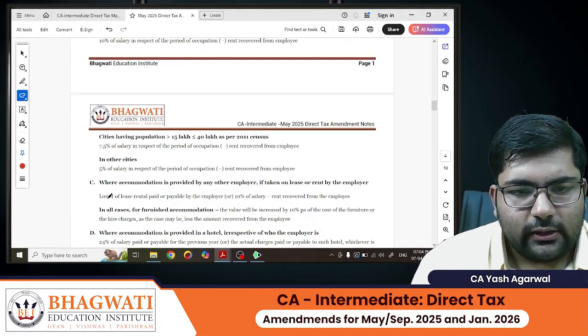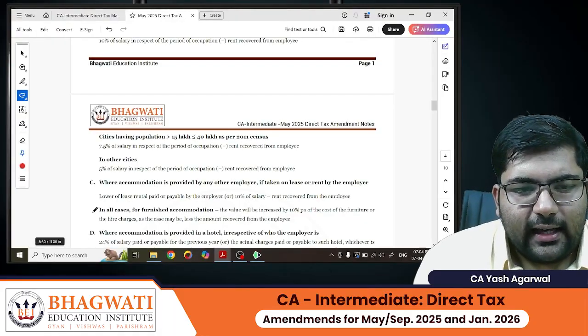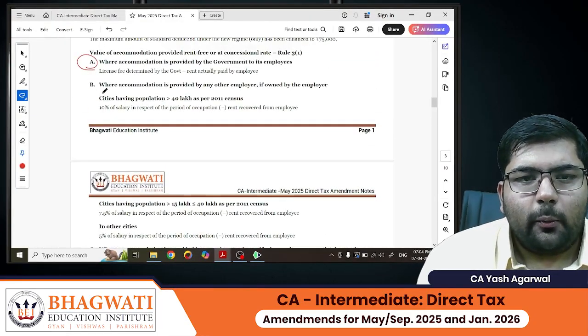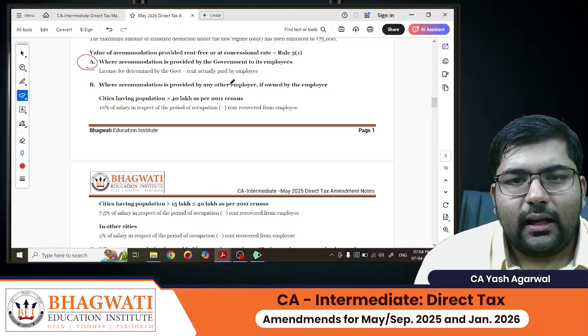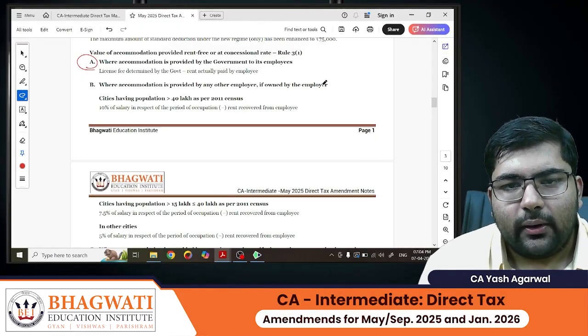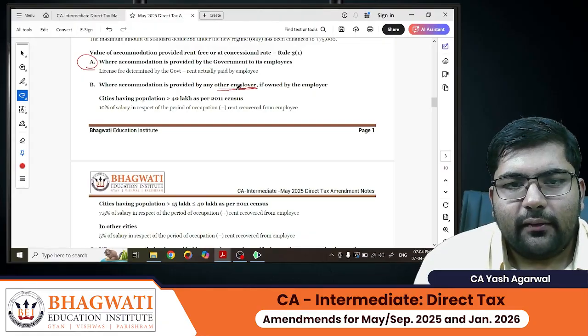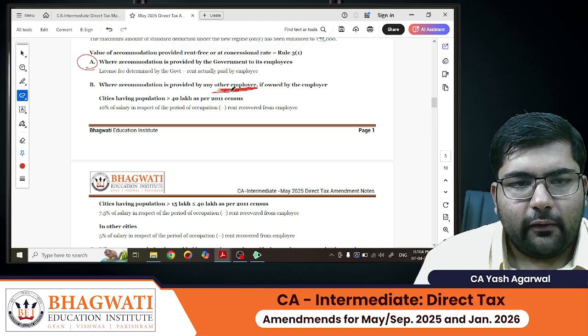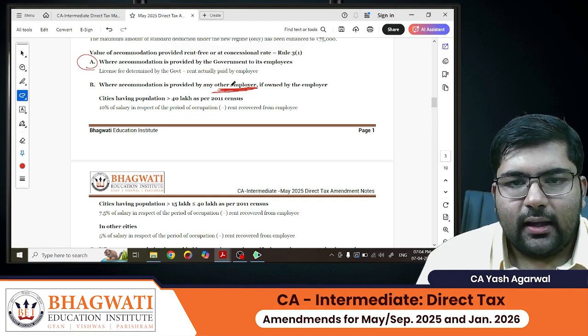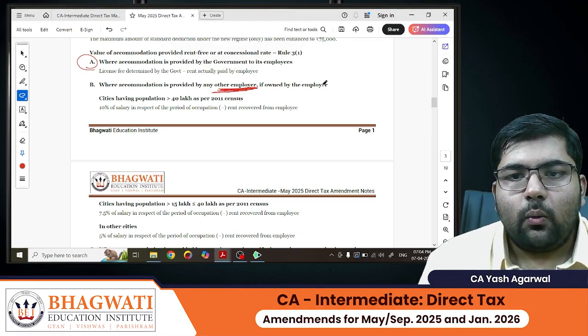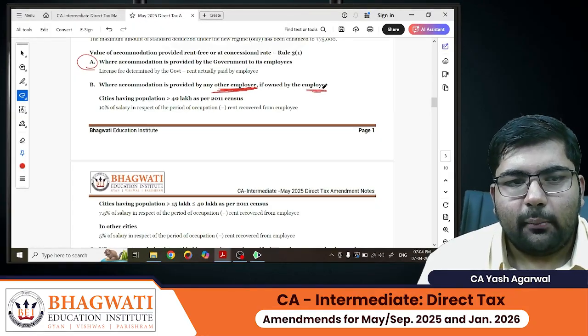C has not changed. D has not changed. This point B, accommodation provided by any other employer if owned by the employer. By any other employer, we mean not the government. So if any other employer is providing accommodation to the employee, and if that accommodation is owned by the employer, then